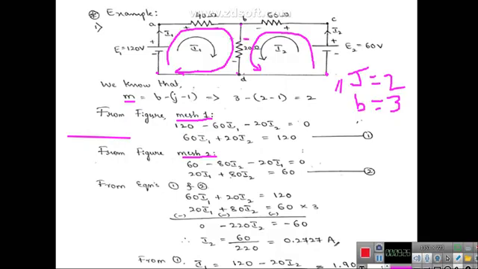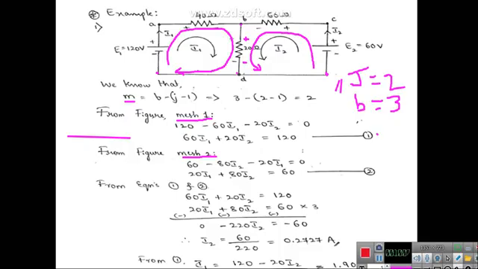Here this is plus and this is minus, so this 60 ohm and 20 ohm carry I2, so I take it as 60 plus 20, 80 into I2 with a negative sign, so minus 80 into I2. And this 20 ohm also carries I1 in the same direction as I2, so minus 20 into I1, that is equal to 0. So you can rearrange: 20 I1 plus 80 I2 is equal to 60, which you can call equation number 2.